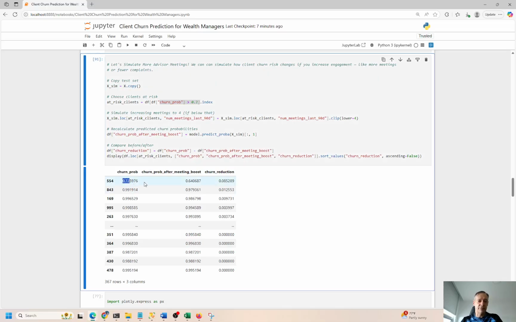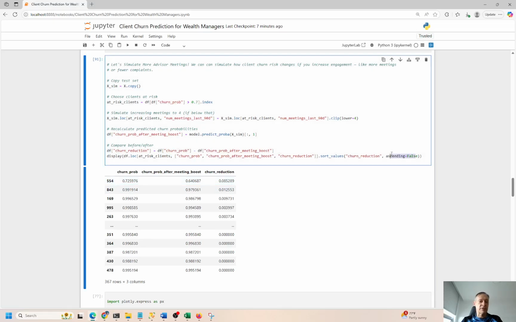So churn probability is 0.72. Churn probability after meeting should reduce the probability of churn. So this goes from 0.72 to 0.64. This guy's almost out the door. He's got 1 foot out the door, 99% to 97. This is 99, 98. This is 98. We took it down to, that one didn't change at all. And this is 99, 194, 99, 194. That didn't really change. But these at the top, we had that, and that's because they're sorting in descending order.